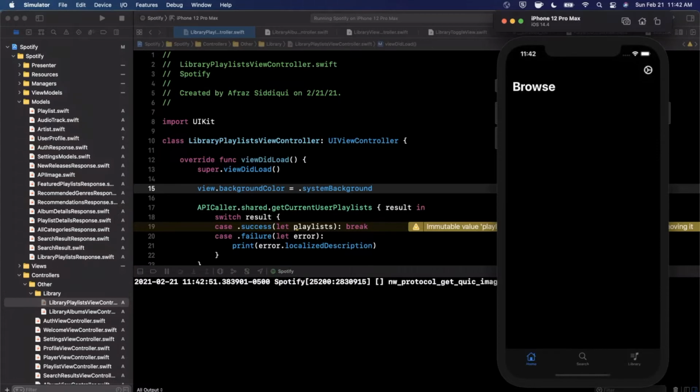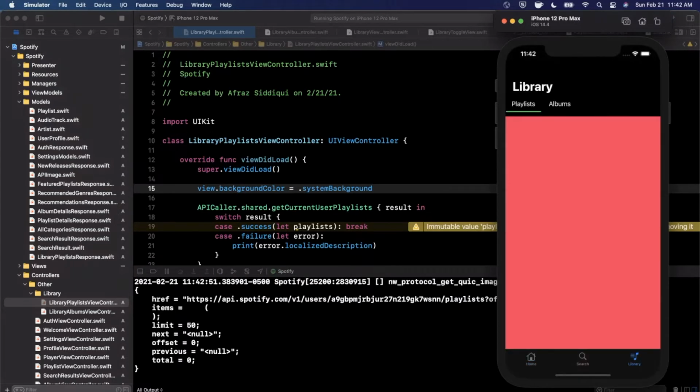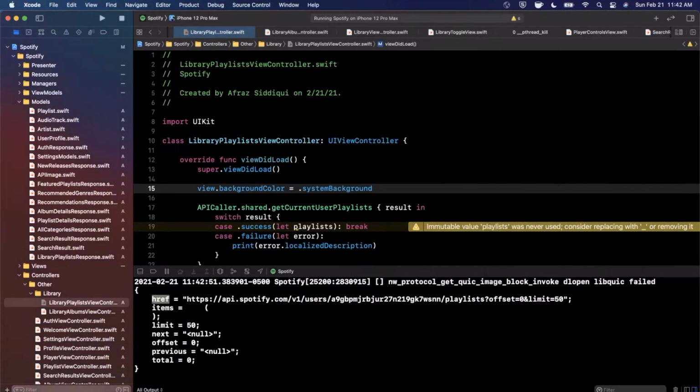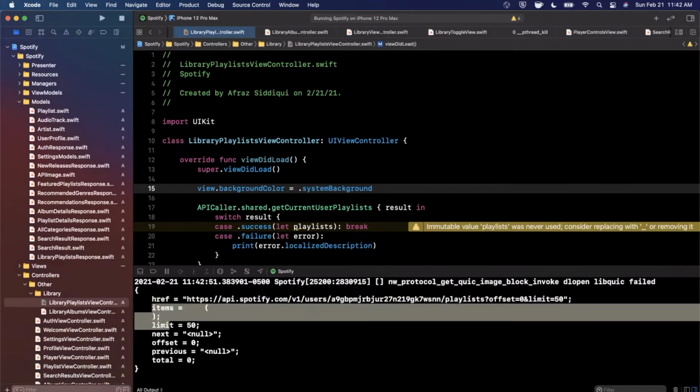And let's go to that last tab once it loads. Let's see what the response is here. So looking good. We have an href and items, but items is an empty array at the moment because we don't have any playlists. So let's go back to our